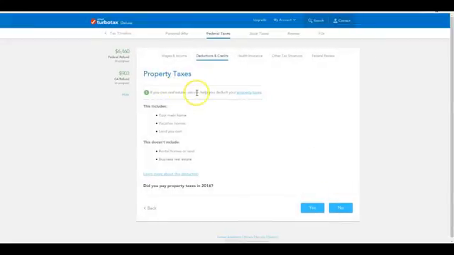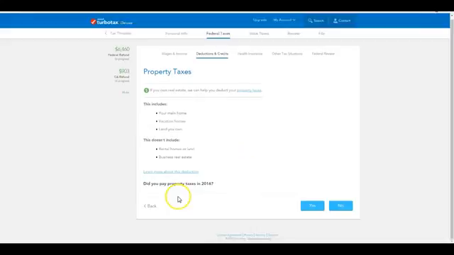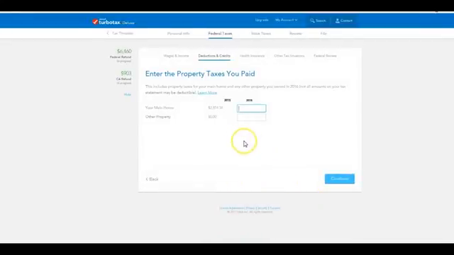If you own real estate, we can help you deduct your property taxes, right? This includes your main home, vacation home, land you own. This doesn't include rental homes or land or business real estate, okay? Did you pay property taxes in 2016? Why, yes, we did. Okay, now in 2015, your main home, you paid